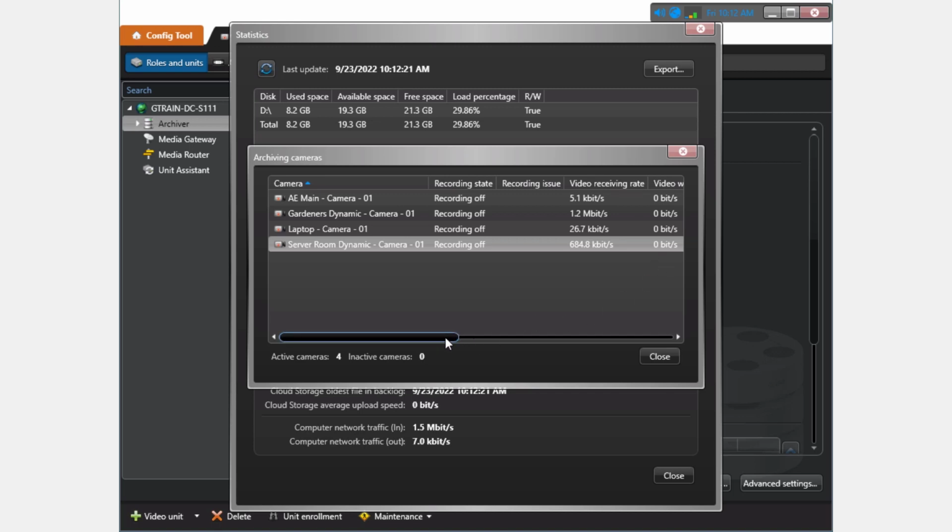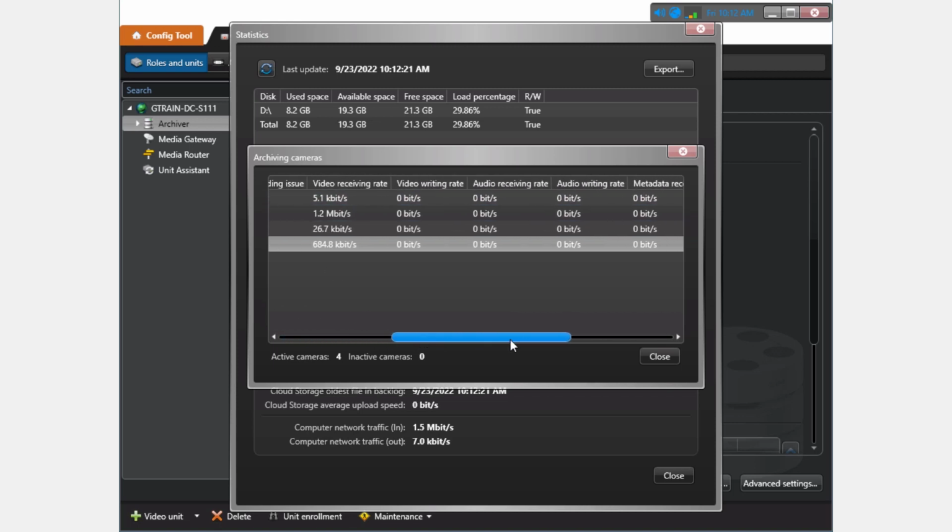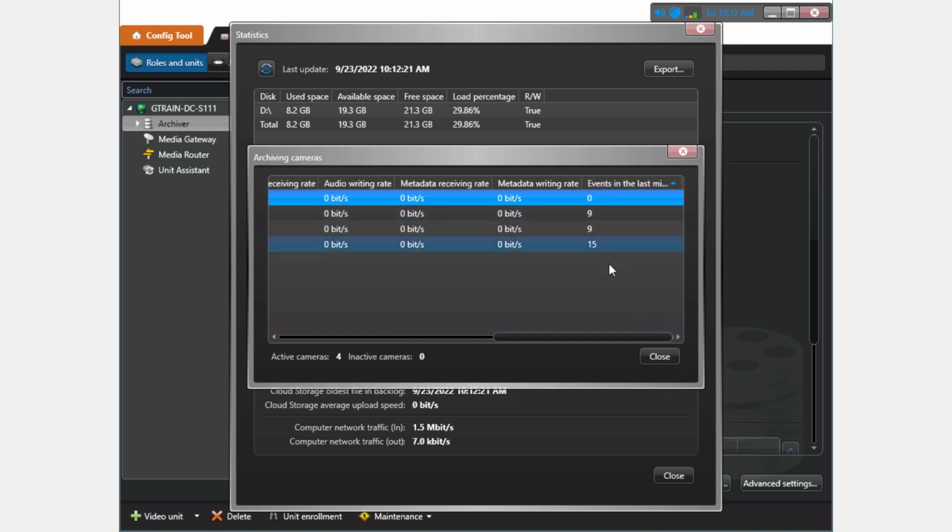So this is just a training server, not a production server. I have only 4 cameras. You can imagine 40 cameras on some production system. And you'll see that there is indeed a column called events in the last minute. In this particular situation, my cameras look normal. They're sending normal numbers of events, but what we would expect in a troubleshooting situation is one of these may